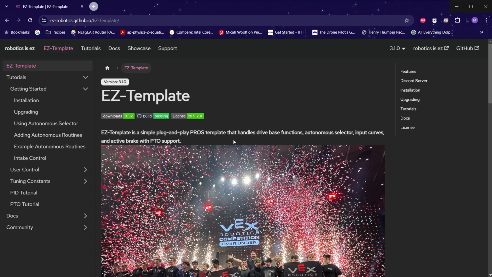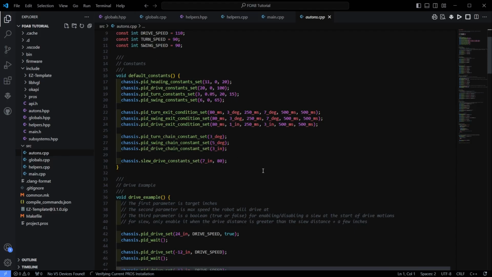On EZ-Template's website, under their Getting Started tab, there are pages for using the autonomous selector, adding autonomous routines, and example autonomous routines. I highly recommend reading through these pages and understanding the content on them before you start coding your own autonomous routines for competition and for skills. I'm going to be explaining what I can throughout this video, but I highly recommend, again, go to the website, read especially the example autonomous routines to really understand the full capabilities you have with EZ-Template. That being said, this is the